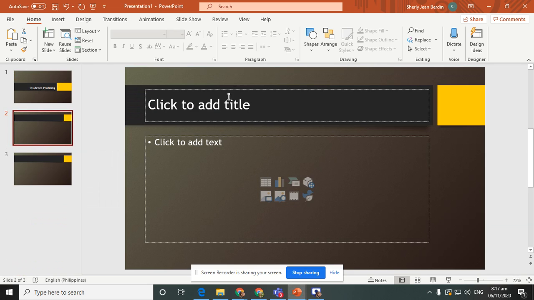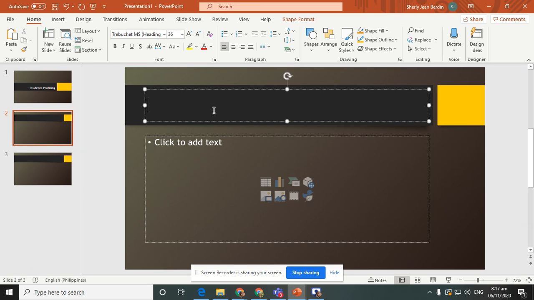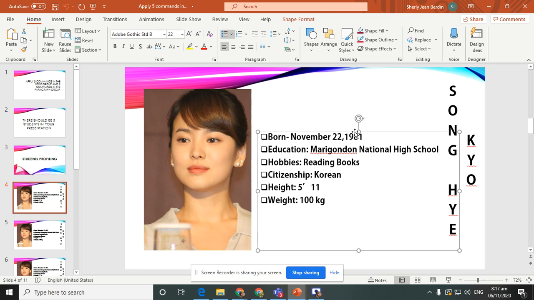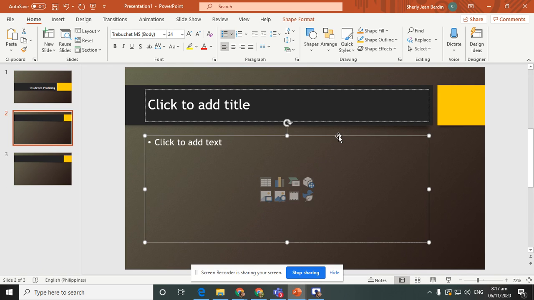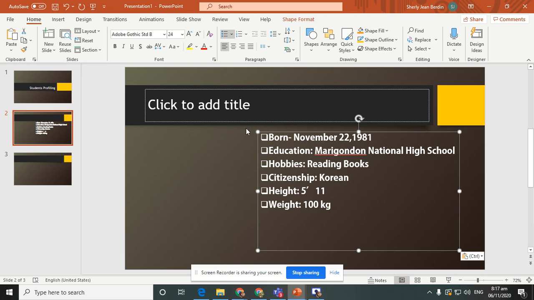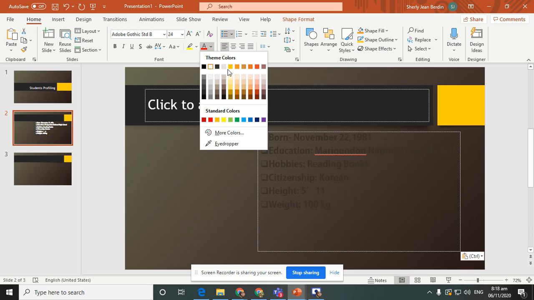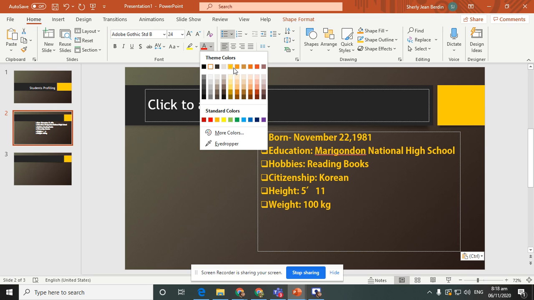Let's try. For example, I will just copy this one. I will apply a font color on it. The font color will be yellow.